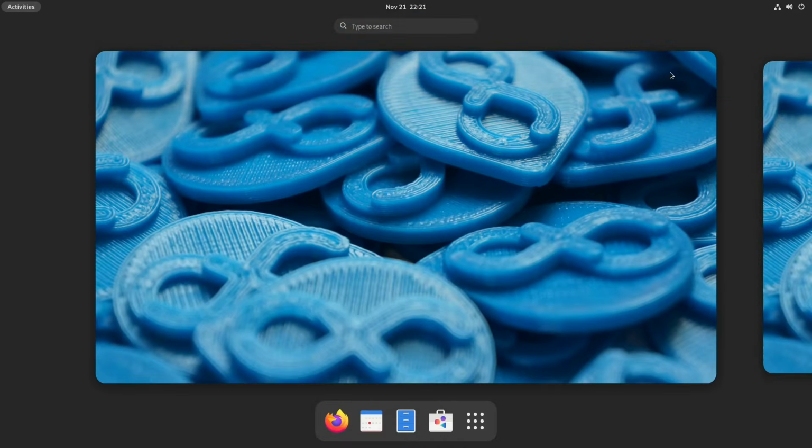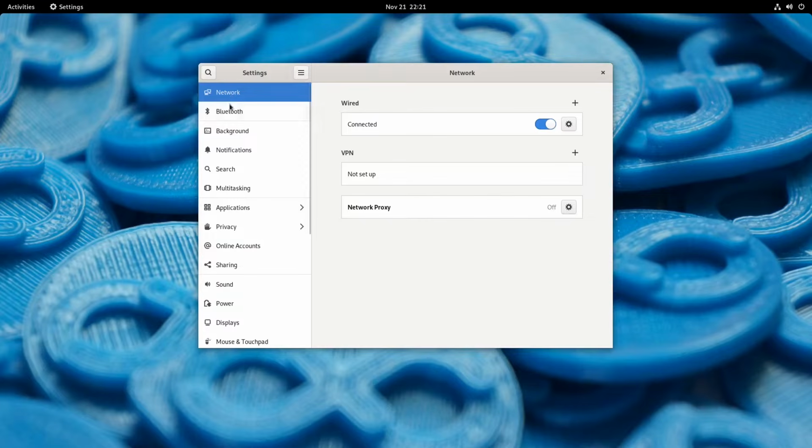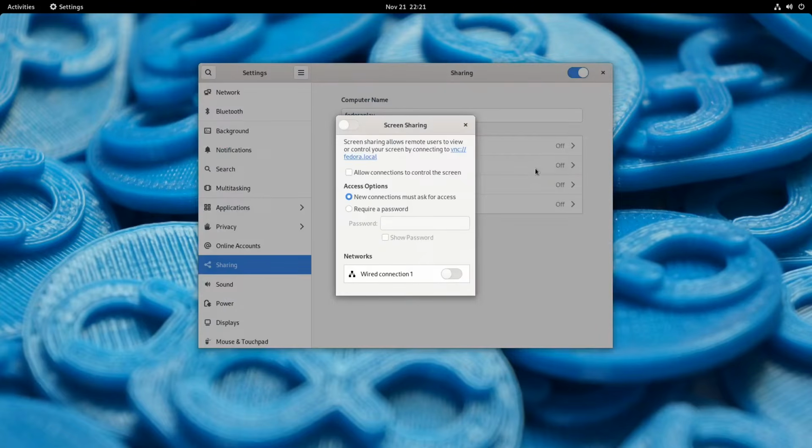Okay, so in GNOME on Fedora, we have to start in the Settings app. From there, we go to the Sharing menu, and then we have to enable screen sharing by checking the little box at the top right corner of the window. From here, we select Screen Sharing, and then we have to check the boxes for Allow Connections to Control the Screen.